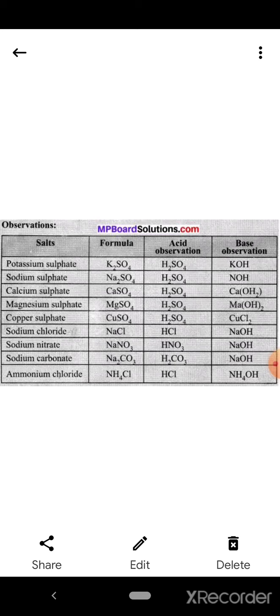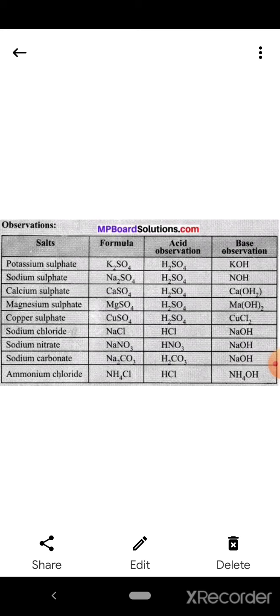See, we have to write first the formula that we have mentioned. Now we have to identify the acids and bases from which the above salts may be obtained. We have to write the names of acids and also the names of bases from which we can obtain the salts. Now, salts having the same positive or negative radicals are said to belong to a family. For example, NaCl and Na2SO4 both belong to the family of sodium salts.